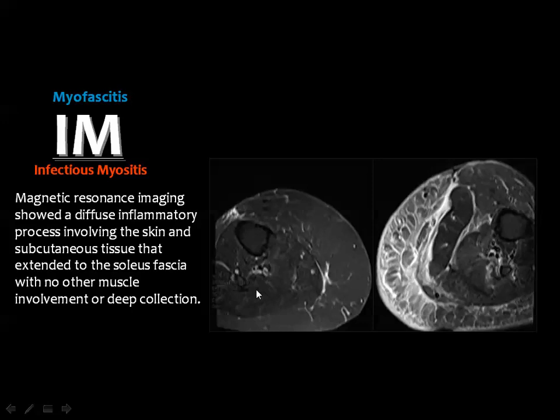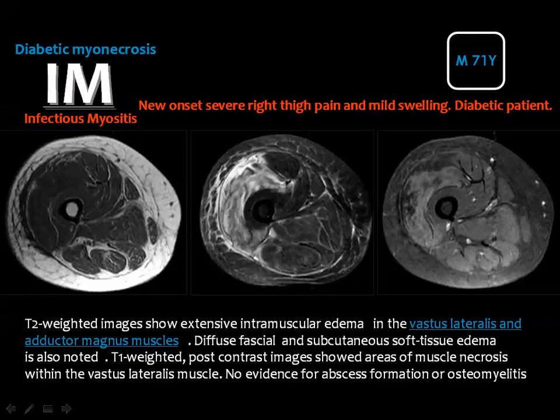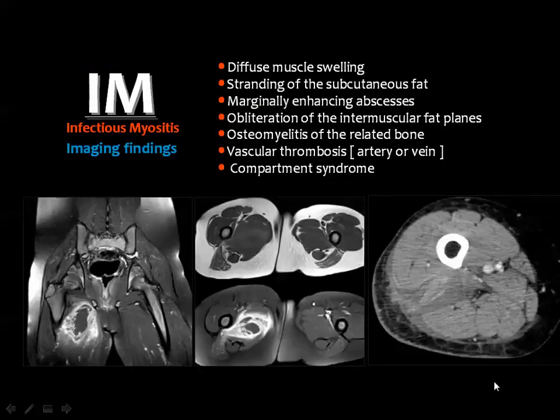And this is infectious myositis affecting the skin and the subcutaneous fat with significant swelling and high signal in the T2 weighted image. If you inject contrast material, the lesion may enhance. If there are buckets with marginal enhancement, this indicates abscesses, but in this particular case, you do not see abscesses. You see only swelling of the muscle, which is of low signal in the T1, high signal in the T2, and the heterogeneous enhancement after contrast injection.